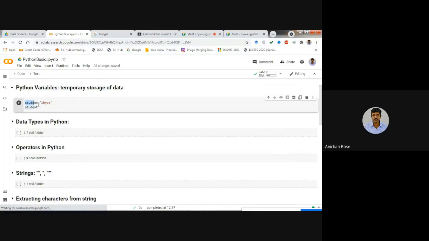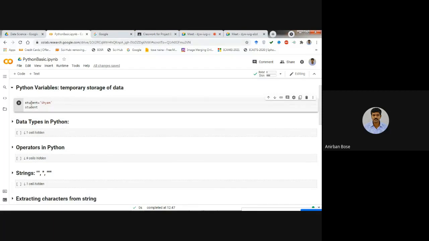And that variable name is equal to, you see, I have written a text, sham, within inverted commas. That inverted comma can be a single quote or a double quote. You can use both, there is no problem in writing a string.